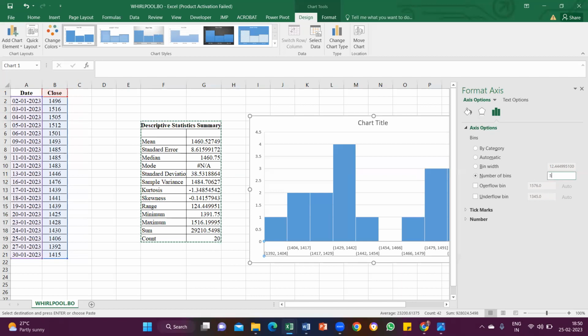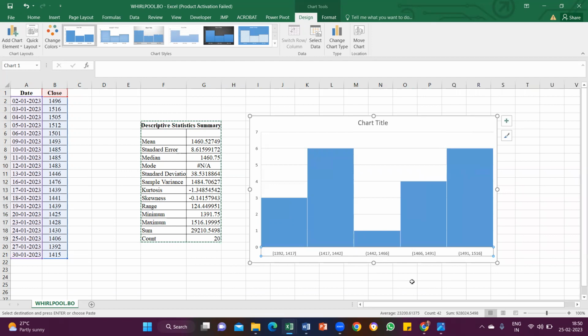You can make it as a 5 group, and then you can check. Now the 5 group in the sense is you will get 25 as a common interval for each and every value. So it's up to you how you are going to choose. After getting this histogram, kindly rename this histogram